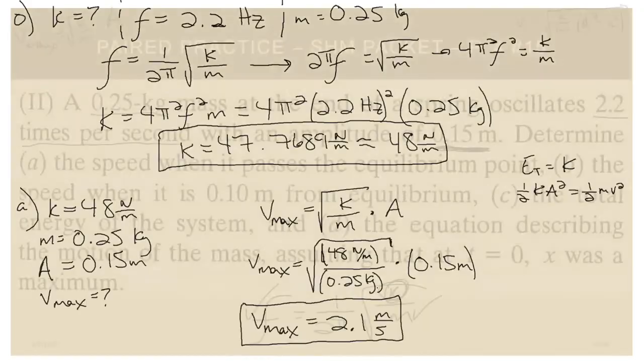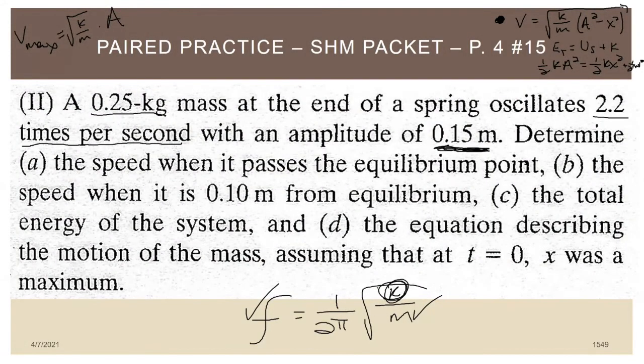Now, I like part D. Part D is a nice review question. It talks about something that we were talking about before the break, and I think it's probably a good thing to bring up again. It says here for part D, write down the equation describing the motion of the mass, assuming that at t equals 0, x was a maximum. What does that mean? All right, so they want us to describe the motion of the mass here, assuming that